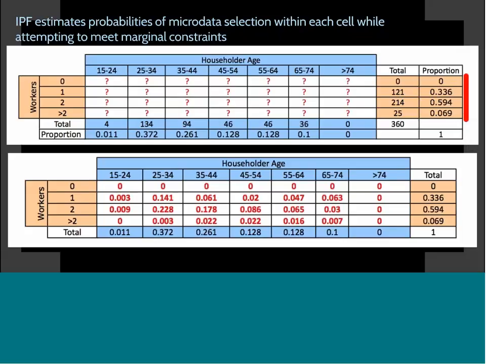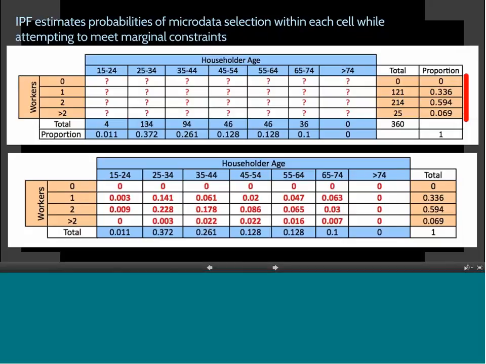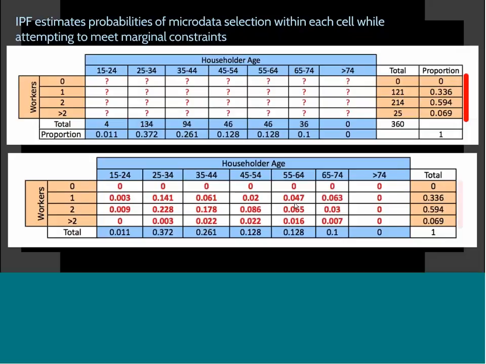So we have these counts of workers in the household, and we also have counts of the age of the household down here. But we don't know how they interact together. We don't know how many households have 1 worker in them and the age of head of householder is 45 to 54. So we use a process called IPF, iterative proportional fitting, a standard statistical method to estimate the proportions of households that have 1 worker and a 45 to 54-year-old head of household. And so we fill in these proportions so we know which public use microdata records to pull to completely construct the 100% population